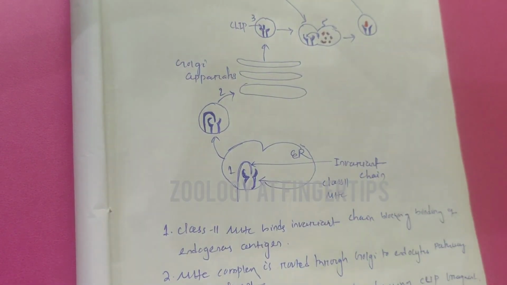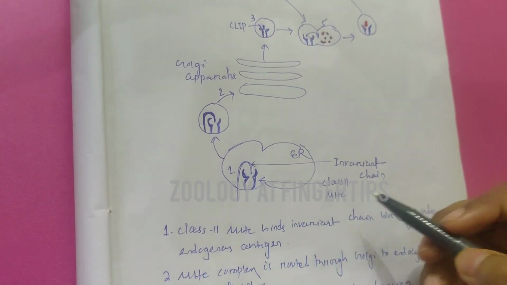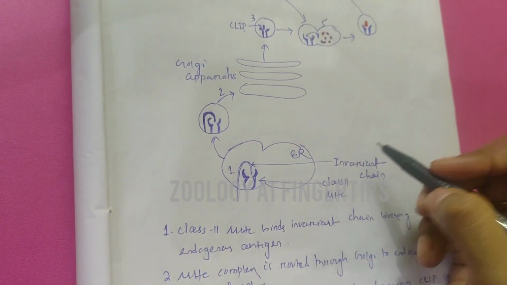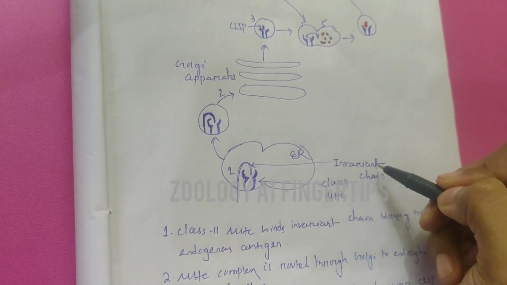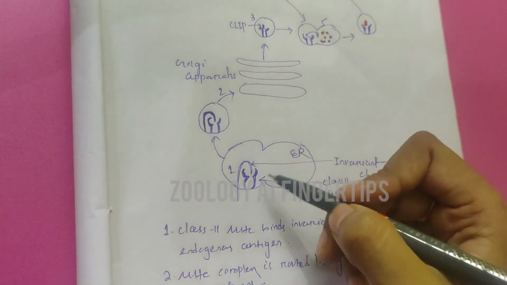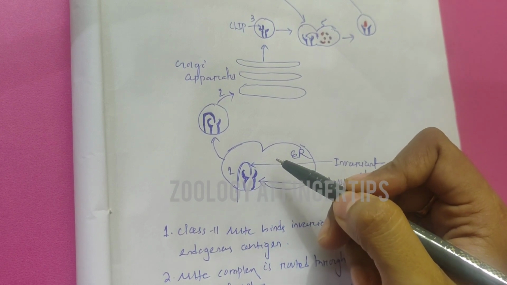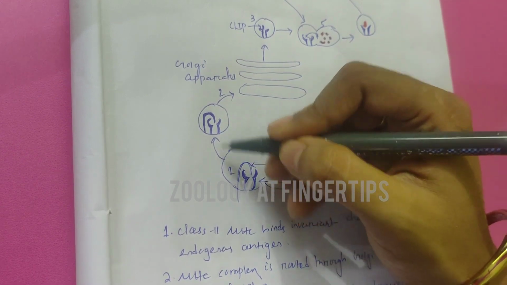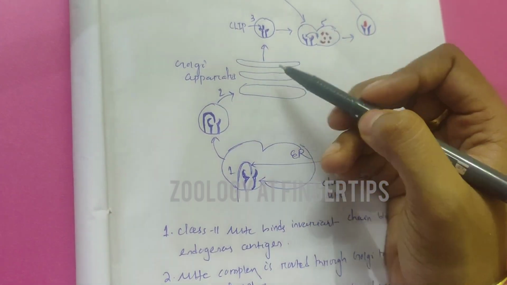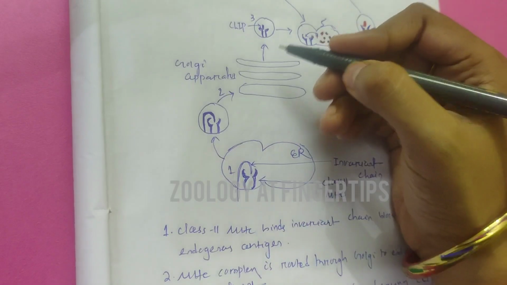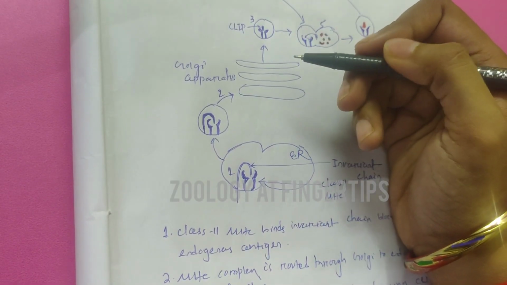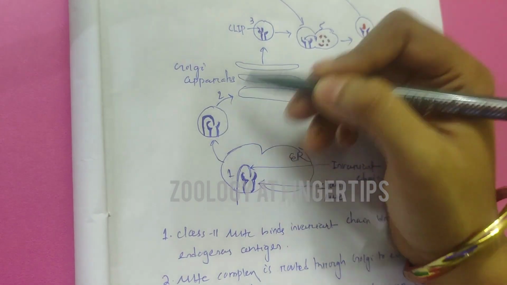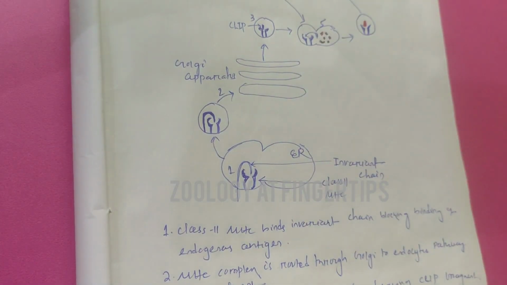the endoplasmic reticulum. The newly synthesized class 2 MHC molecule contains an invariant chain polypeptide. This invariant chain polypeptide prevents its attachment with many other peptide antigens. So it is free. Now it comes from the endoplasmic reticulum and enters into the Golgi apparatus. Then once they come from the Golgi apparatus, this invariant chain is clipped to form a short fragment